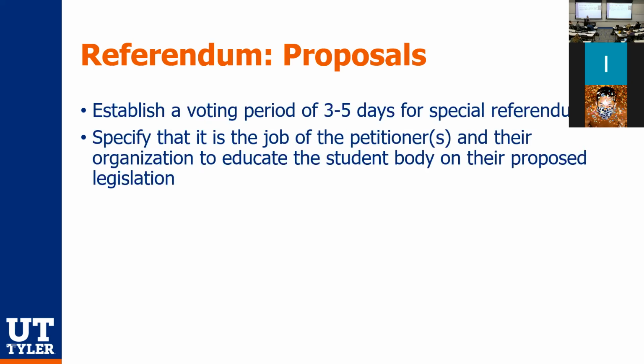So my personal opinion is that anywhere between 3 to 5 days. With this past athletic fee, we got most of our votes in, and correct me if I'm wrong, we got most of our votes in within 3 days. I believe it was maybe 100 or 200 more in the 2 days after. But yeah, so we got most of our votes in within the first 3 days. So I would just